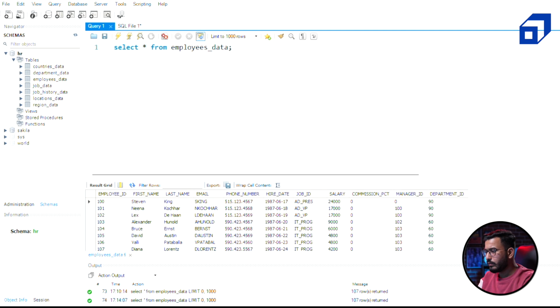Now let's say I wanted to find out that within each department, what are the various employees and their ranks, ranked according to their salary. So we will write select. I want all the columns. You can also select a few columns like first name, department ID, salary. It is up to you, but I am selecting all the columns, followed by the function rank over